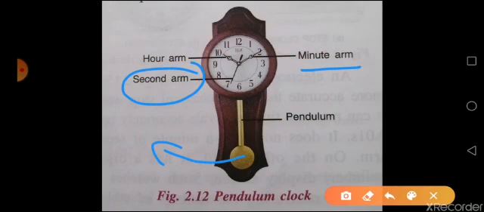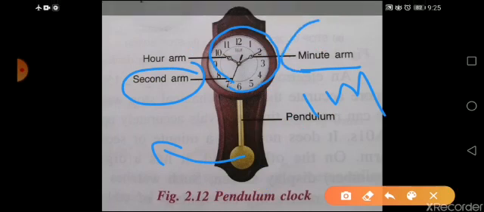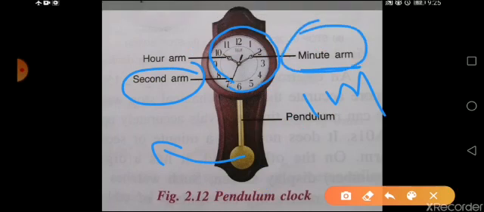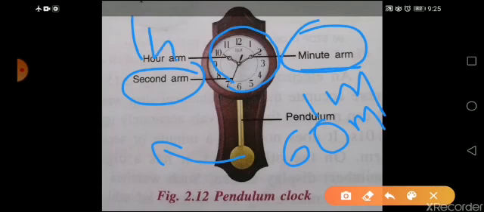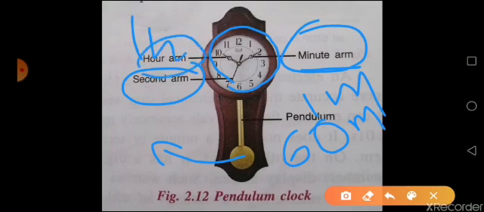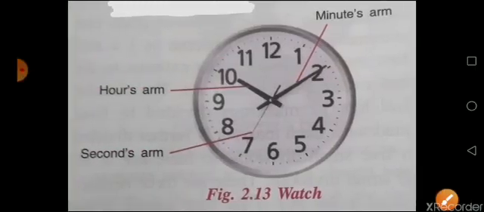The rest is as usual. When you see the clock or watch, whatever it is, when the second arm completes one complete rotation, you will have 1 minute, and in that 1 minute your minute arm will move one division. Now again this minute arm, when it moves 60 times or in 60 minutes, it is going to be 1 hour, and your hour arm is going to move one division. So the rest is as usual. The same thing applies to the working of your watch also.